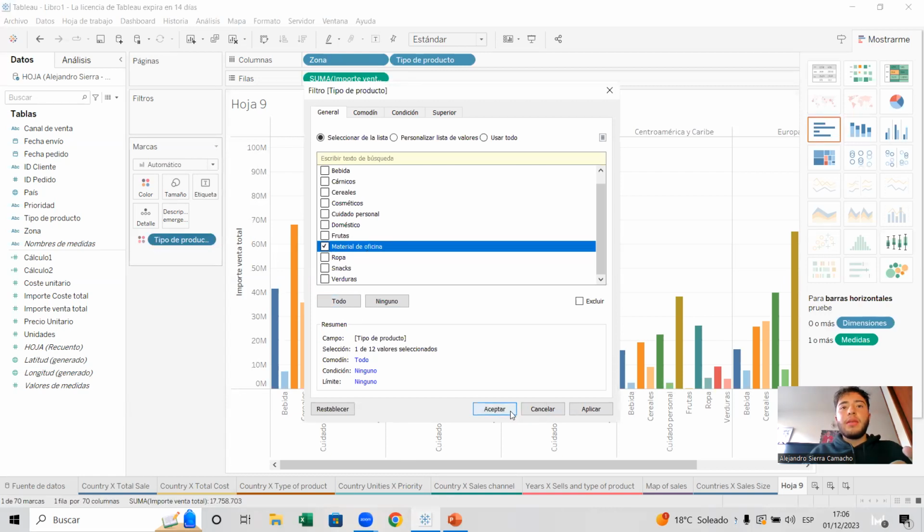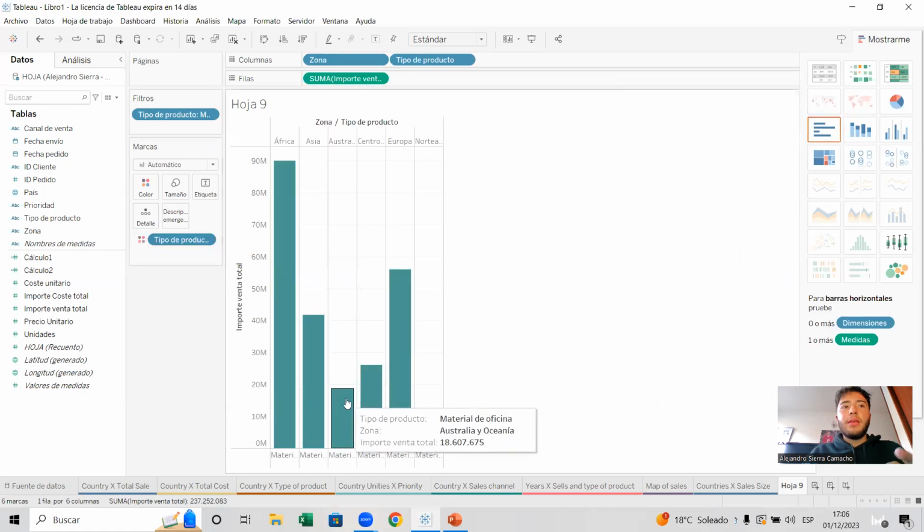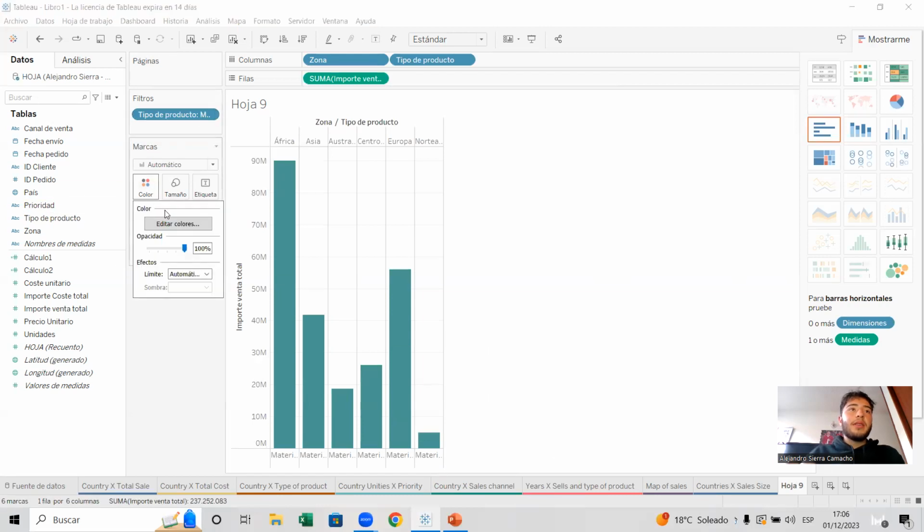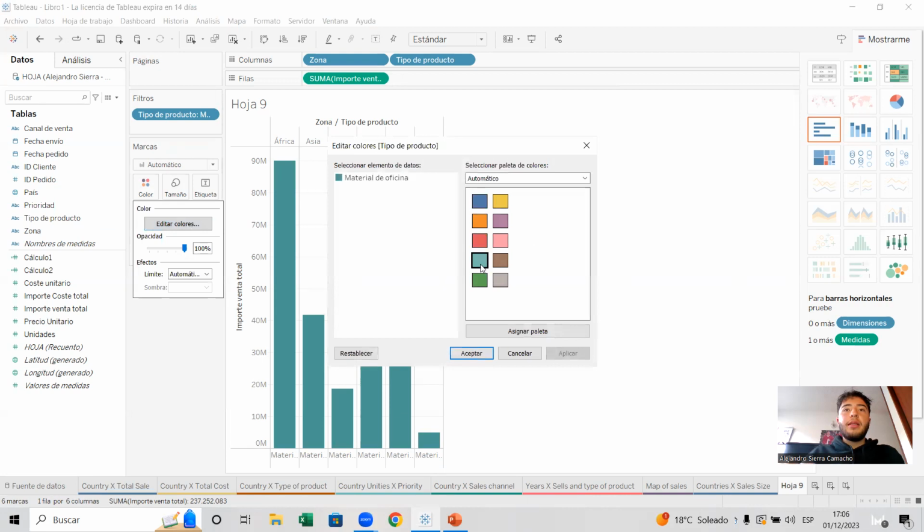So we can see here the type of product, the sales, and we can see Africa is the country that the company has the highest sales. So let's do it like this. Let's change color and let's use something like